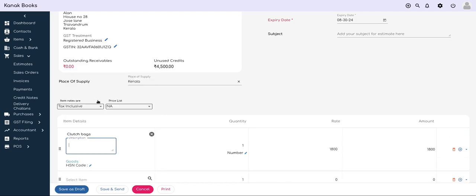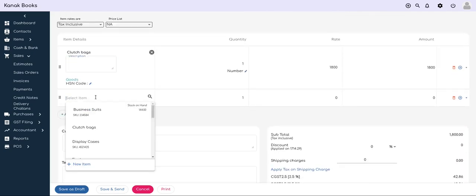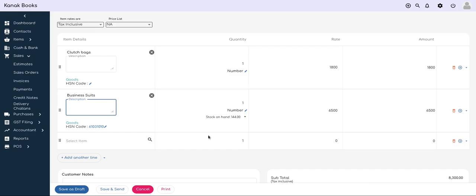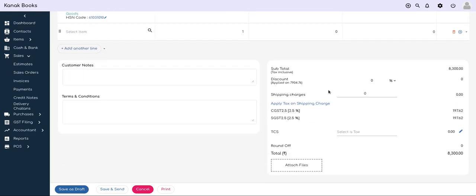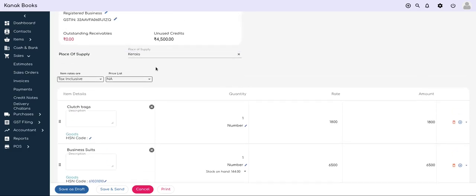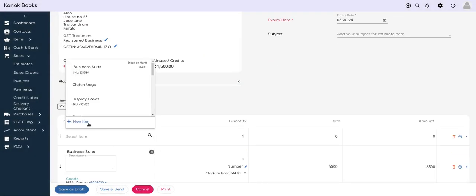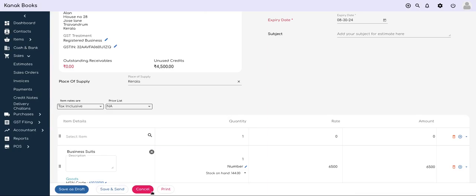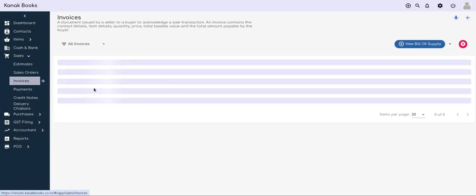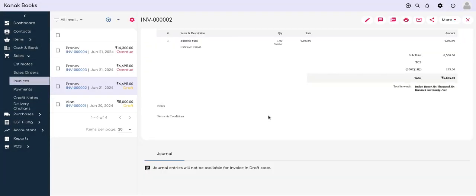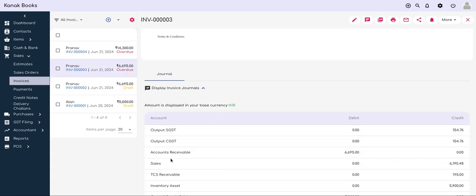You have to just make sure that all the mandatory fields marked in red are filled up. However, note that you can have a lot of additional options like price lists, TCS or TDS, discounts, and many more, depending on your business preferences. You can add items or contacts from here also, just by filling only the required fields. Note that, when documents are saved as drafts, they have no effect on your accounts. You have to either send it or mark it as sent for it to have an effect on accounts.